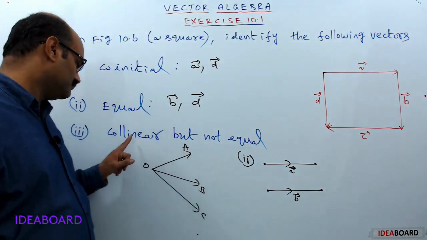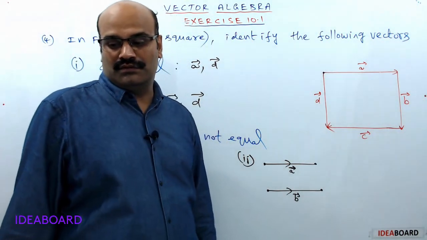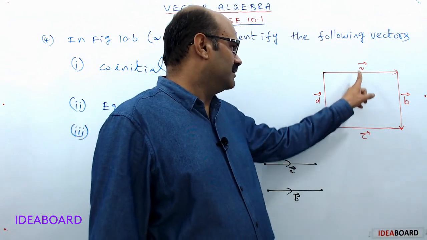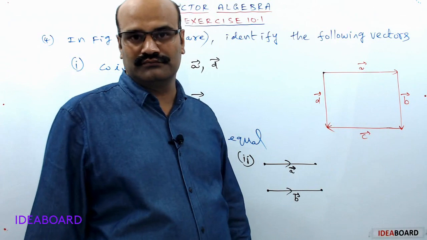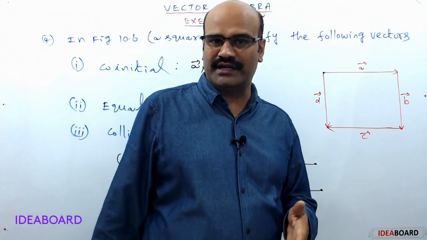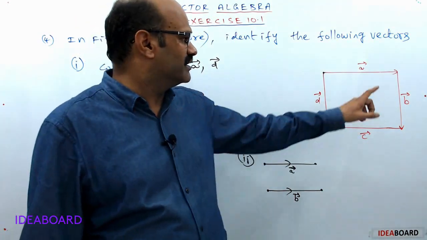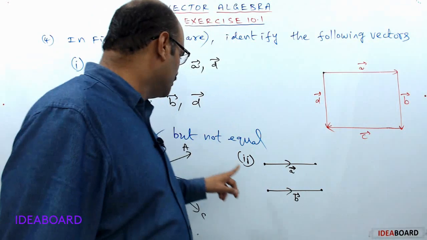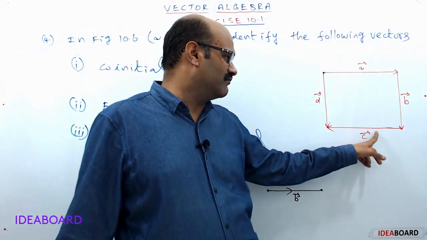Now, collinear but not equal. From the diagram, vectors A and C are collinear. Two vectors are said to be collinear if they have the same support or parallel support. So here these two vectors have parallel support, and we have to verify whether they are equal. Clearly we came to know that these two are not equal because